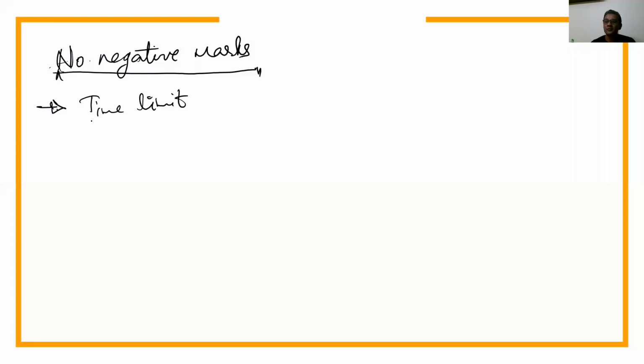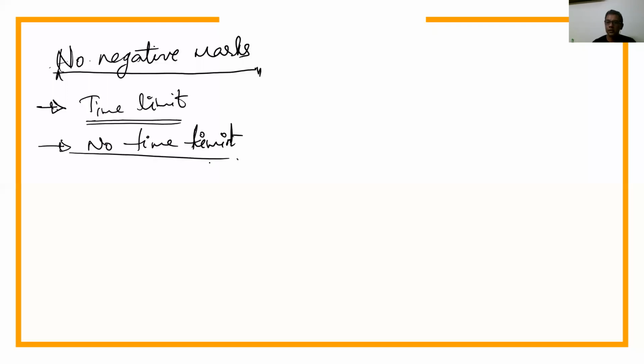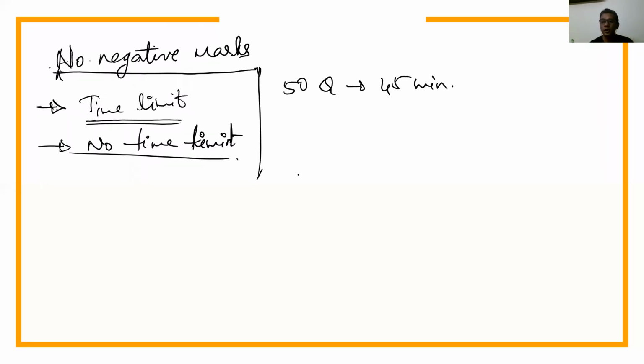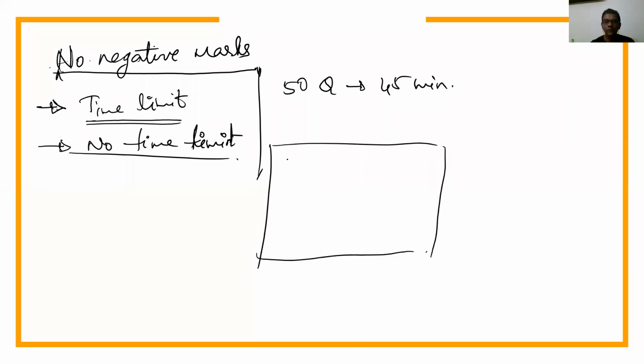Now coming back. There are two kinds of questions that come, okay? One is with respect to time limit and one with no time limit. No time limit means the questions do not have a time limit, the section has. So you have to do 50 questions in 45 minutes. That's all you have. So what happens in these kinds of tests is, how does your window look? You typically have a window where a question comes with answer options, and on the right side of the window you will also see something called a review.